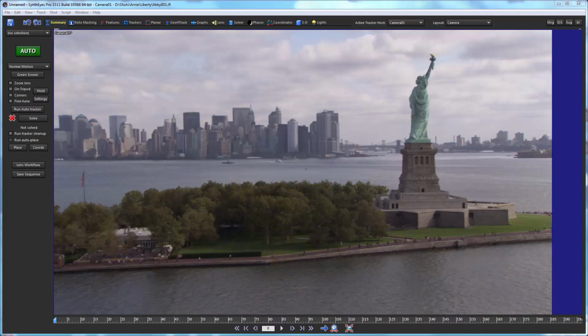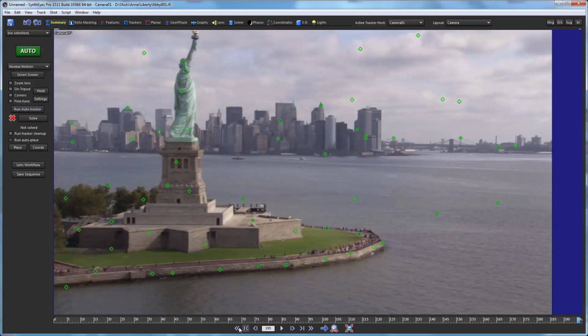This is Russ Anderson. In this tutorial, we're going to be doing a little tracking and solving in SynthEyes and then exporting to After Effects using lens workflow number 1, where you're delivering a shot that has no distortion in it. So we're going to start out just running the auto tracker on the shot to generate some tracking marks,